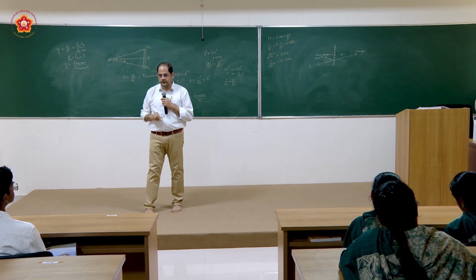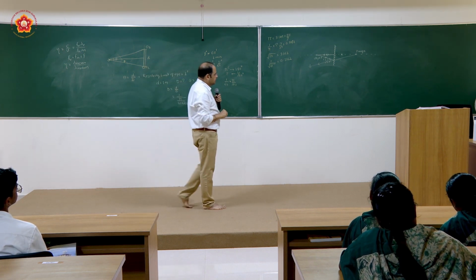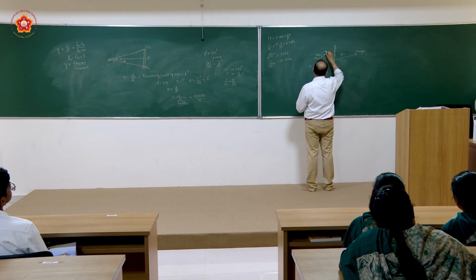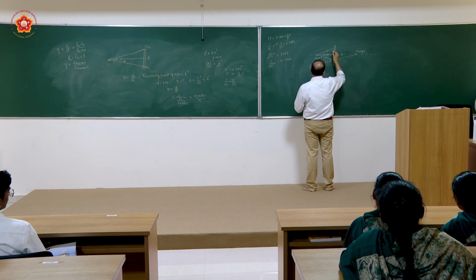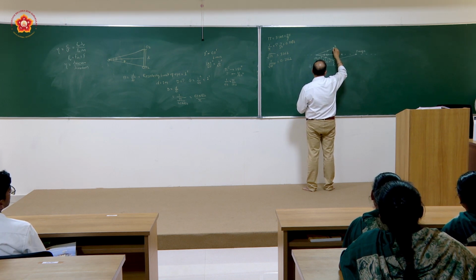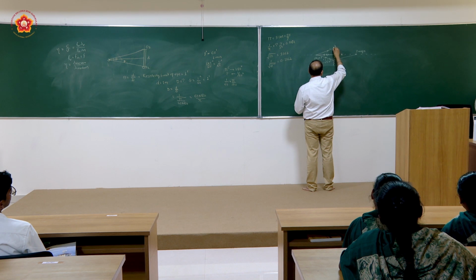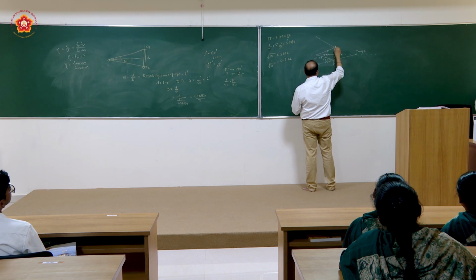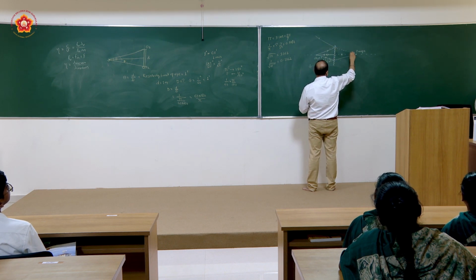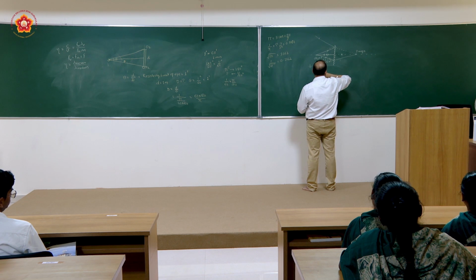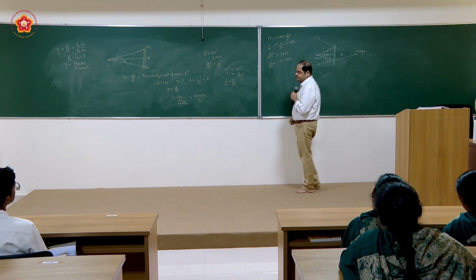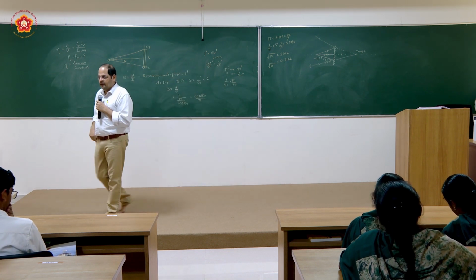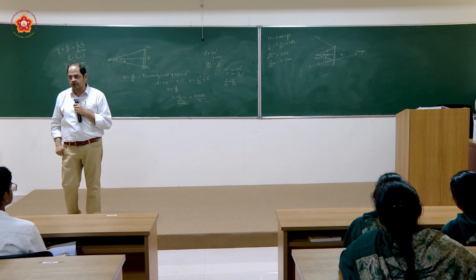Are you getting this? Is it necessary that I have drawn a ray from the object in a downward direction? I can draw another ray in this manner. Again, at the point of incidence, this will be the angle of incidence. With the same angle, you will be able to show the ray reflected along this line. So the ray will appear to you to be coming from this particular point only. So the image will be formed here. Are you understanding how the ray diagram has been drawn?